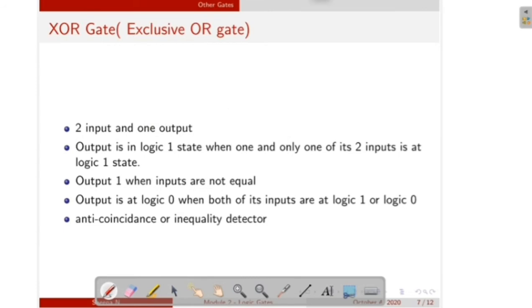Next one is the XOR gate. The basic gates are the AND gate, OR gate and NOT gate, and we have two other gates, that is the XOR gate and XNOR gate. Here I will discuss the XOR gate. Exclusive OR gate has two or more inputs and one output, and it is represented by the logical symbol